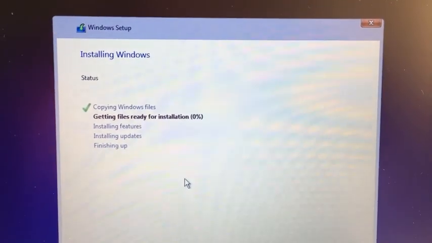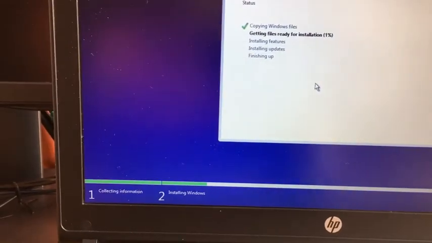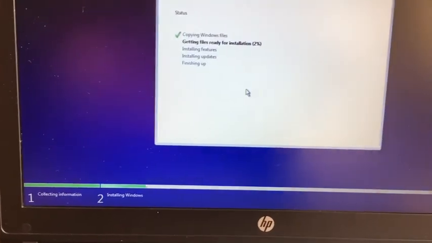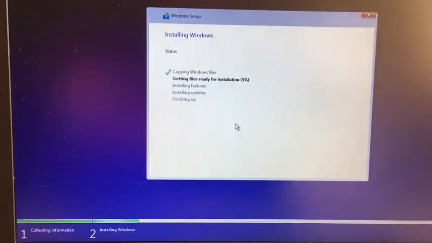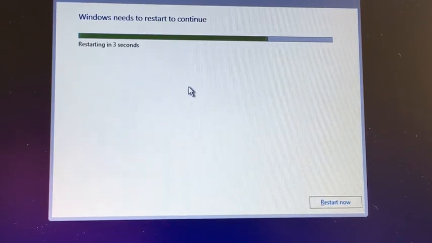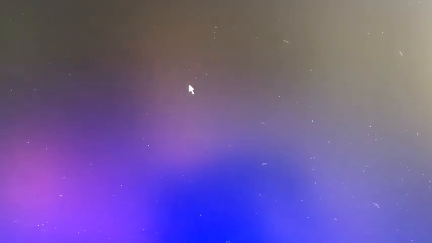So we'll just pause here for some time, so it will take some time. You can see the progress bar of the installation of Windows, and then it will finish. So now it finished installation, so it will further continue. Windows needs to be restarted, so it will restart the window.